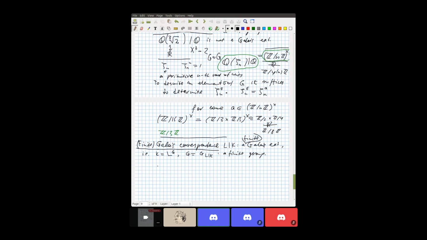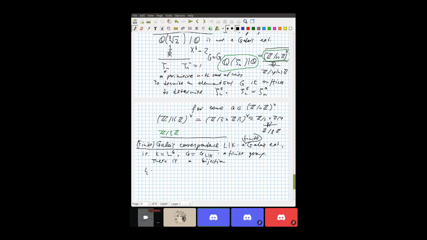And then the claim is that there is a one-to-one bijection